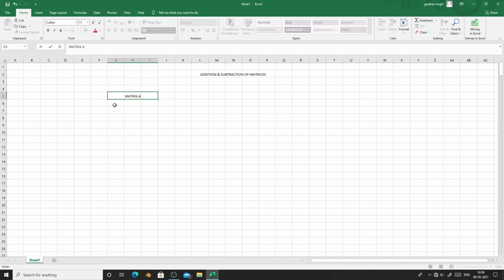Then below this one, let us take order of 3 cross 3. So we are going to take a matrix of order 3 cross 3. Here you can write any number. Suppose I write here 1, then next say 2, and then 5, and then 3, 4, 6. Then even we can take negative numbers, say -2, and say -3, and of course you can take 0 also. So this is our matrix A.